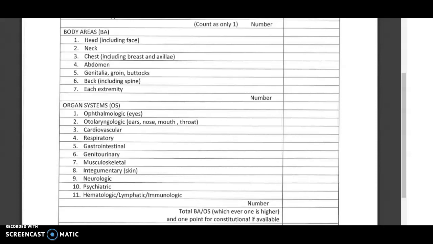And we also have musculoskeletal, normal gait, and lymphatic. We have no cervical lymphadenopathy. This is for a total of 9 BAs and OSs, which would normally make this a level 4 comprehensive exam. However, only OSs are counted for the comprehensive level. So with this, we are going to go